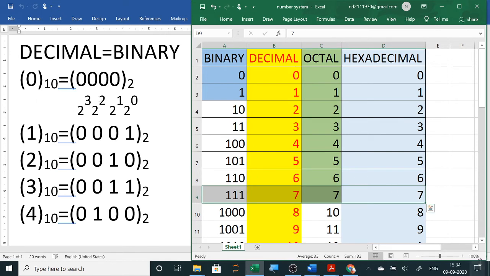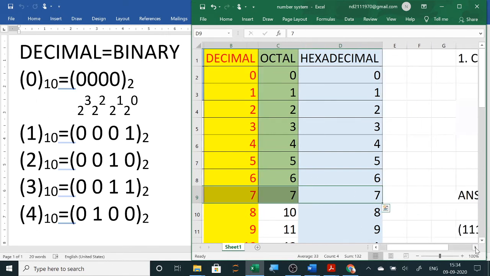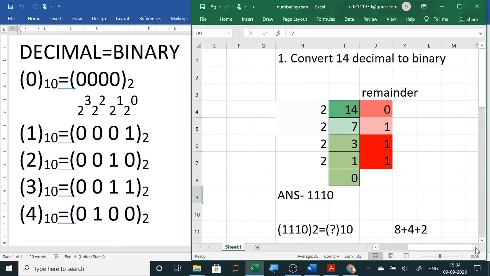If it is a decimal number and we are converting it into binary, we have already seen the conversion in our last video. We were dividing by 2 because we have to convert it into binary, and we were noting down the remainders from bottom to top. This was your answer, 1110. And just the reverse, if binary is given and you have to convert it into decimal, then for the positional values you take 2 to the power 0, 2 to the power 1, 2 to the power 2 and 2 to the power 3. So 2 to the power 3 is 8, so 8 plus 4 plus 2 and this is 0. So the answer will be 14. So we get the reverse of this.